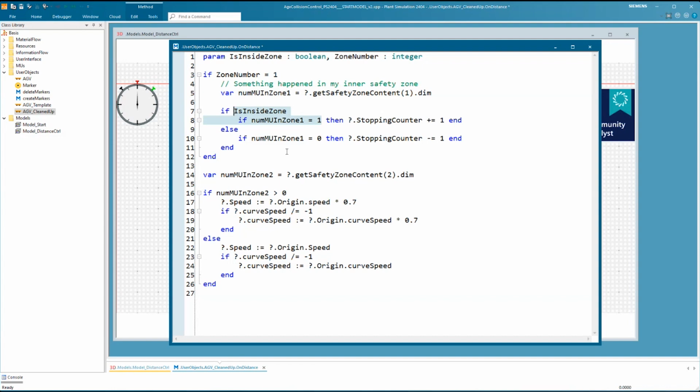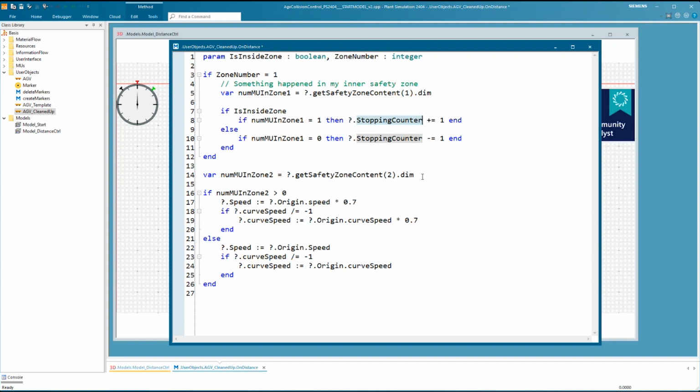So at this point, I, as the AGV for which this control is called, have to stop. This is done by incrementing the stopping counter attribute here by 1. As soon as this attribute is not 0, free-moving AGVs have to stop.